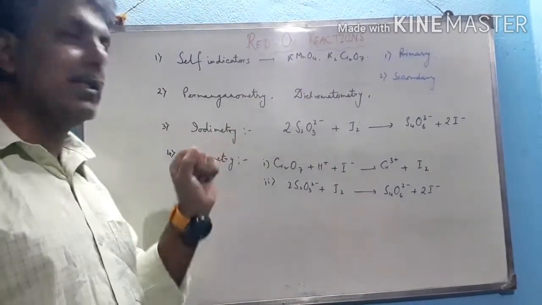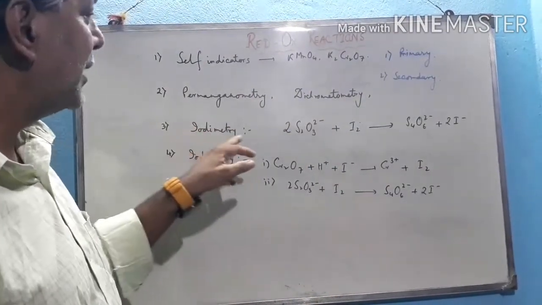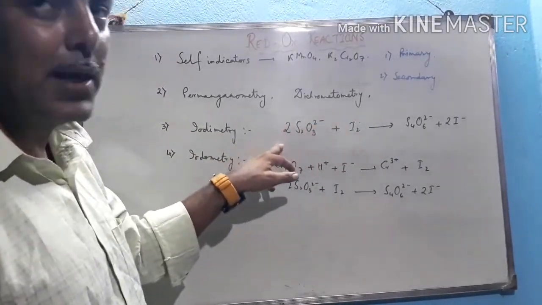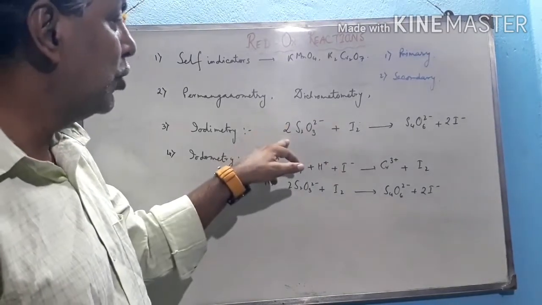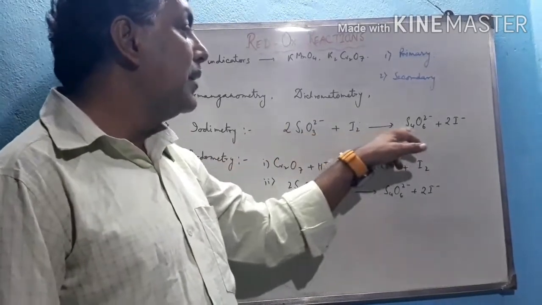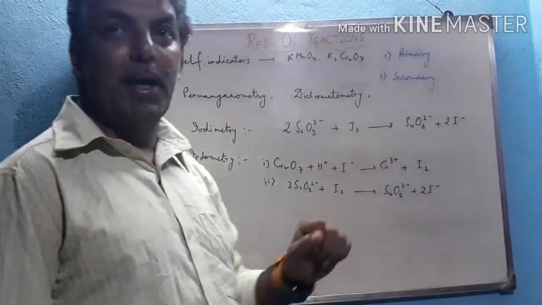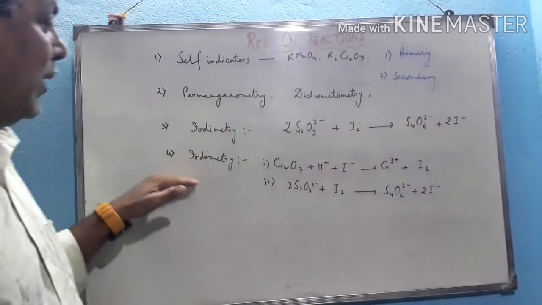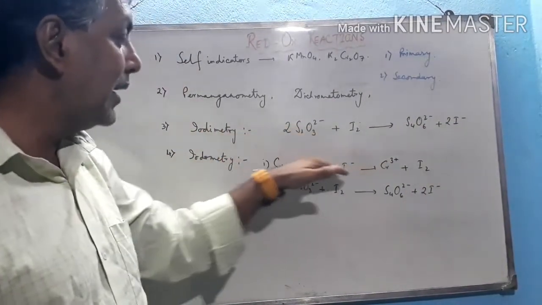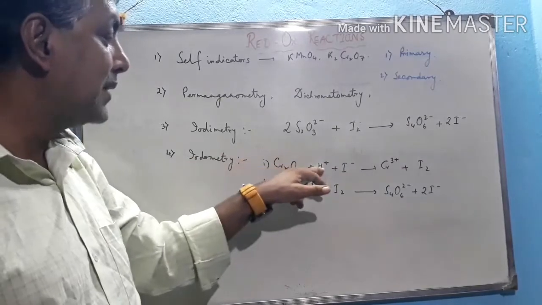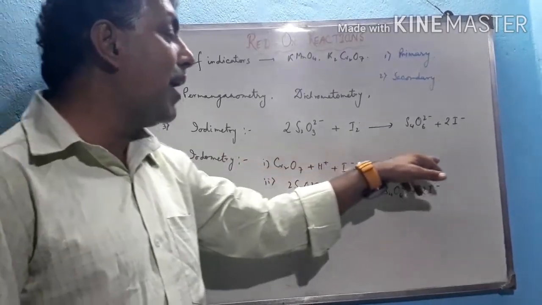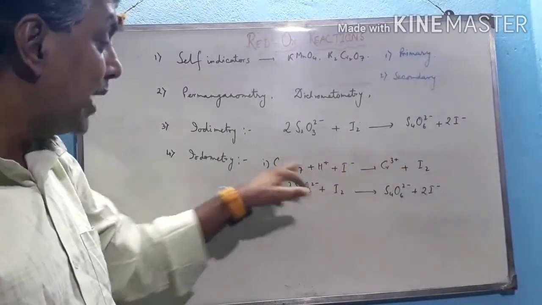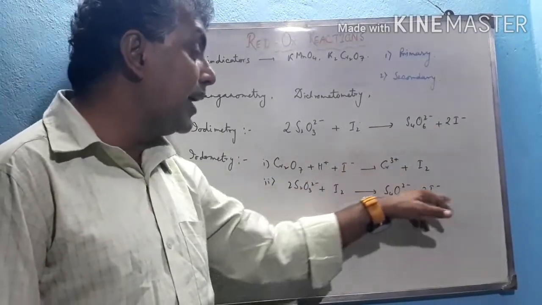Now, iodimetric titration. What is iodimetry? If we titrate iodine directly against a titrant like thiosulfate, so that tetrathionate and iodide are obtained, such a titration is called an iodimetric titration. But in a chemical reaction where an oxidant like dichromate in H+ oxidizes iodide to form iodine, it liberates iodine, and this liberated iodine is then titrated against thiosulfate to form tetrathionate and I-.